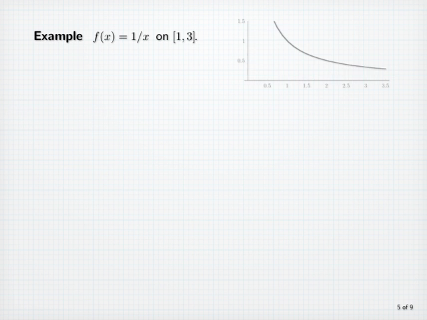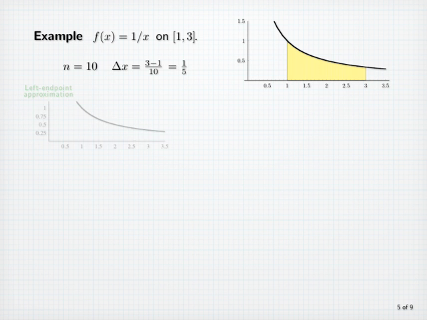Now let's look at another example, this time involving the function f of x equals 1 over x on the interval from 1 to 3. Here's the graph of the function, and we'd like to calculate approximations to the area of the shaded region. Let's first use n equals 10, which gives us delta x equal to (3 minus 1) divided by 10, or